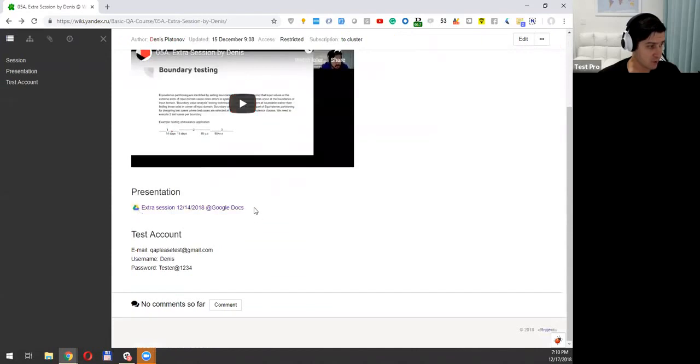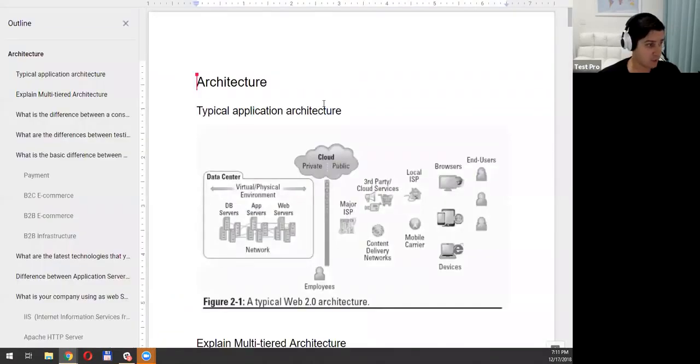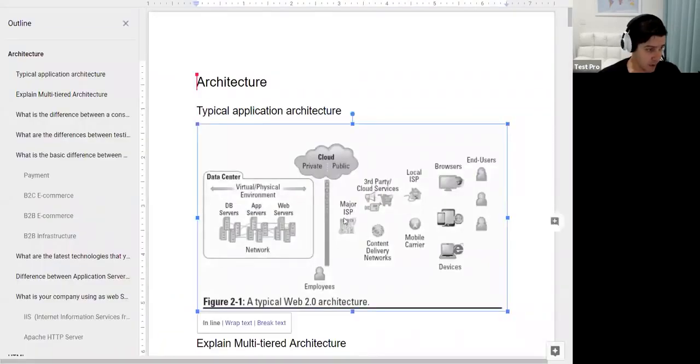So for example, Google Docs here, the same thing. It's a separate third-party application, and it even picks up the extra session title. You see how an icon, so you don't even have to write anything about this document. It's automatically there. So these are third-party applications. And then it goes to the major ISP, which is